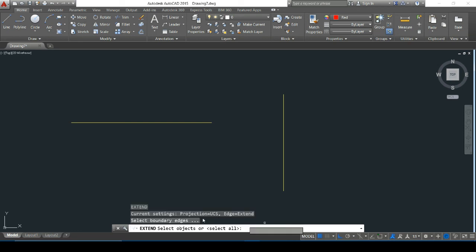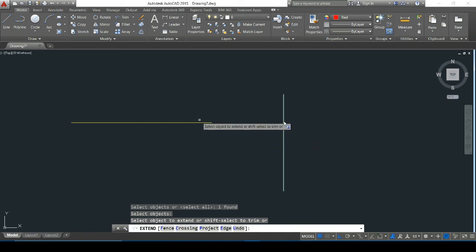Here in the command bar there is select objects. Okay, I have to select line 2, then extend, select objects, then the point which I would like to extend, then I am clicking line 1. Now you see here line 1 is extended.